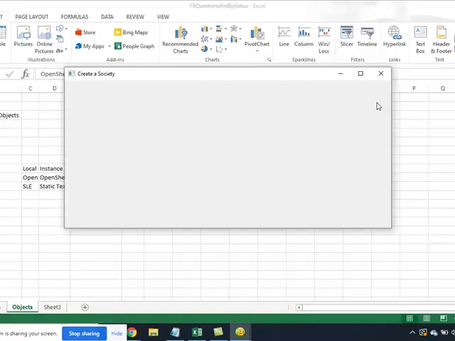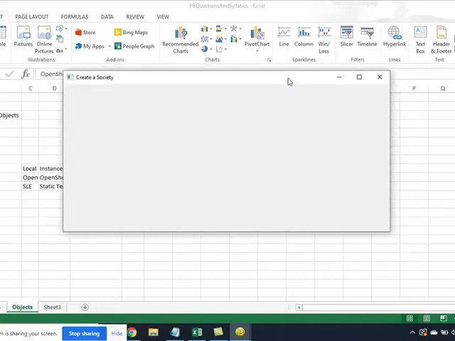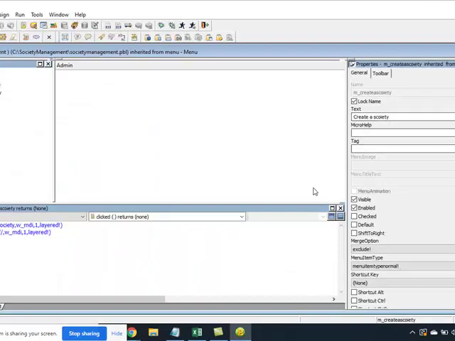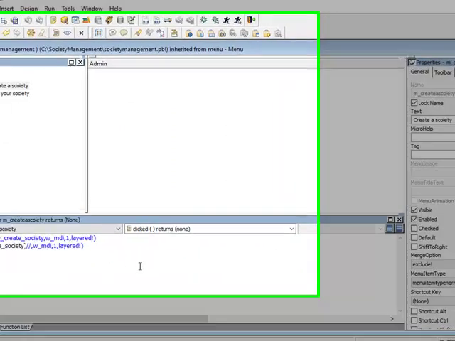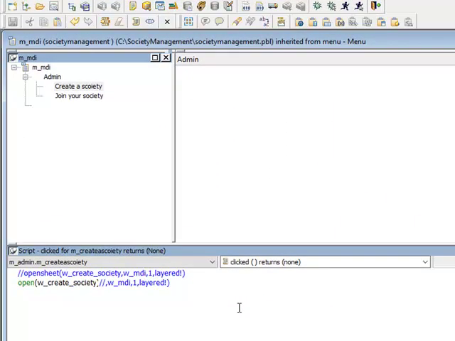Now let me minimize this. Your window is outside this. You minimized your MDI, but this window is still there, right? In fact, if you close this window, your window is still there. Why is that so? Because the open function opens an independent instance of that window. Independent, I am not dependent on anyone, I am fully capable by myself, right? So I am an independent window, an independent instance of that window.